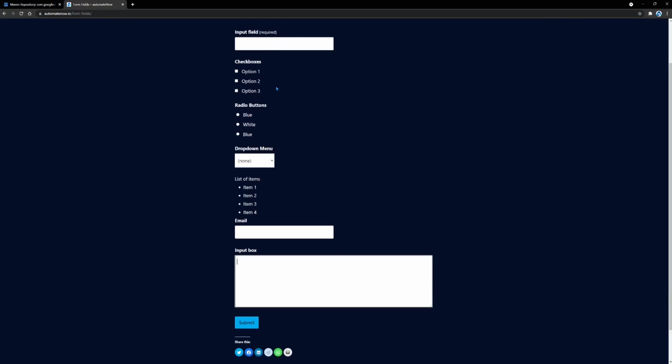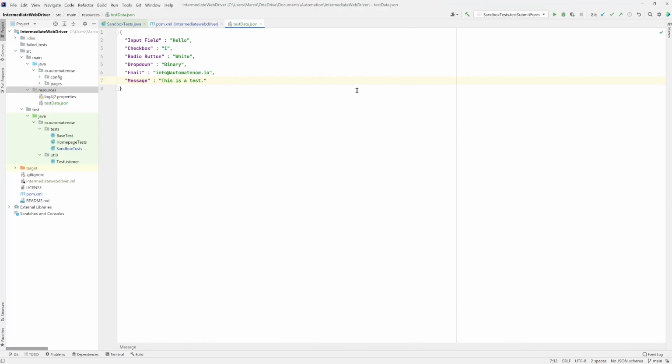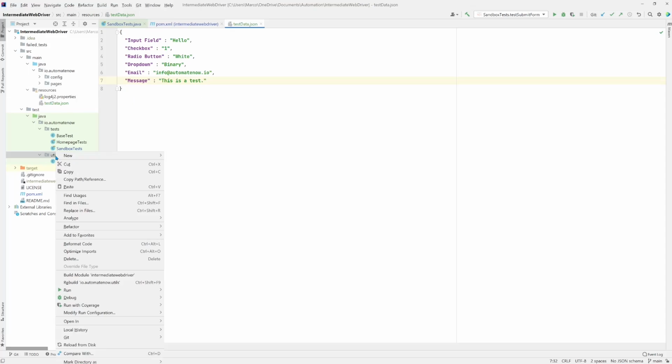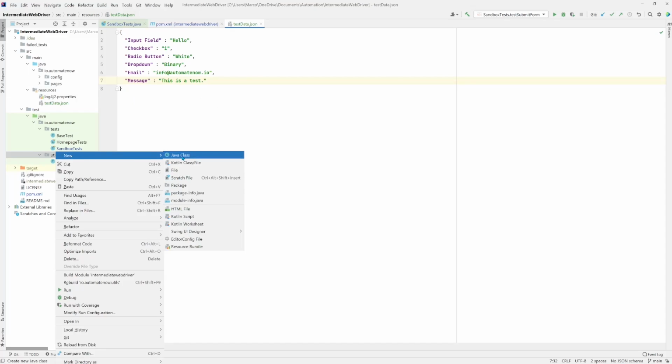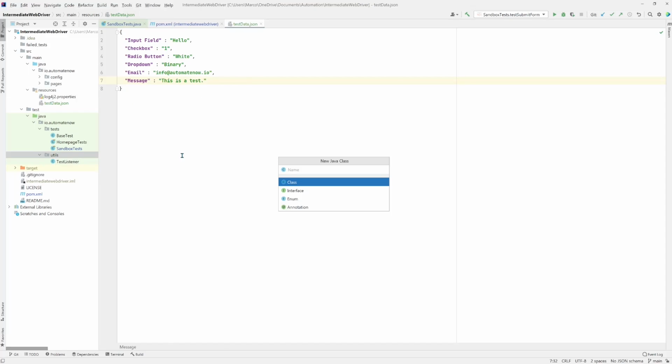So by the time we're done, all of that information will be entered in these fields here. And now comes the fun part. We're going to create a class that is going to contain the logic for reading this data from this JSON file. So we're going to go to this utilities package. I'm going to right click and say new Java class. We're going to call this class data_util